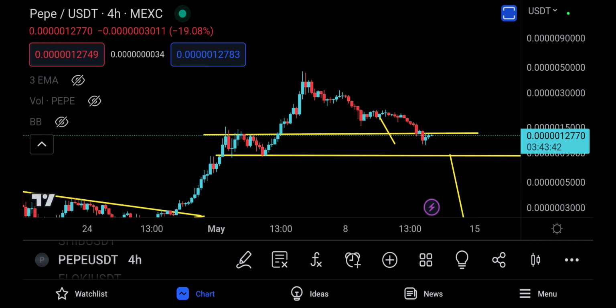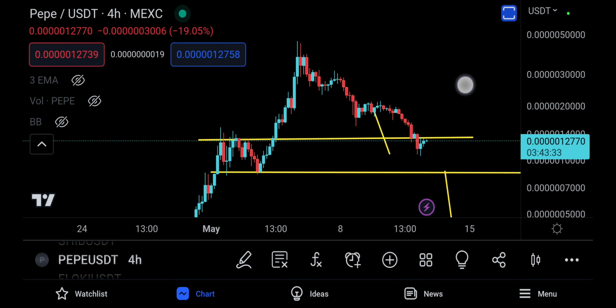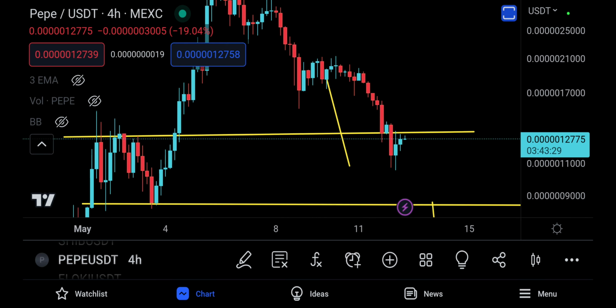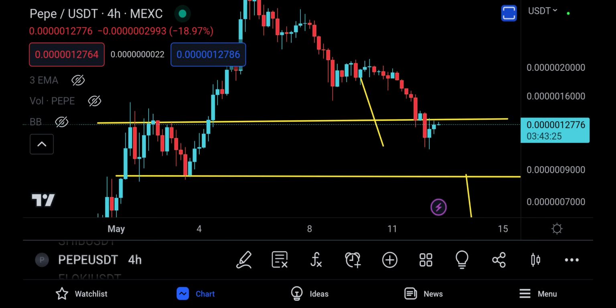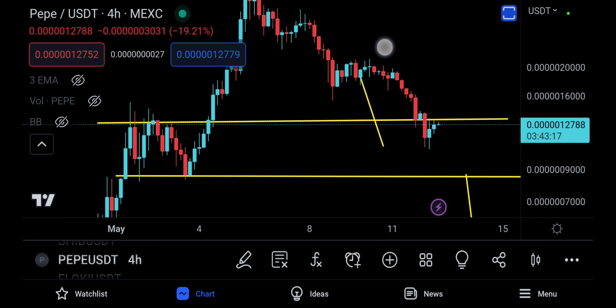So here we go. The question is, can you end up coming above here and hold Pepe and start to go to the upside? If you come up and stay above the line, right now the problem is that the dirty retest is failing. That's the issue. What does that mean? That means you've got this one touch, the second touch, the third touch. Now focus on that word: retest. You're testing a broken resistance. This was resistance that you broke out of.